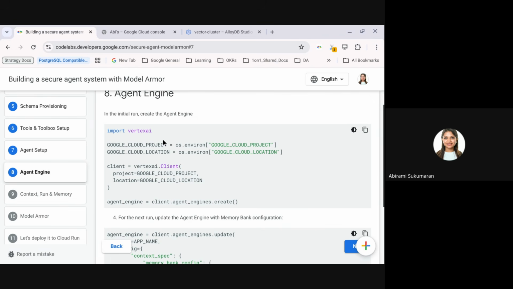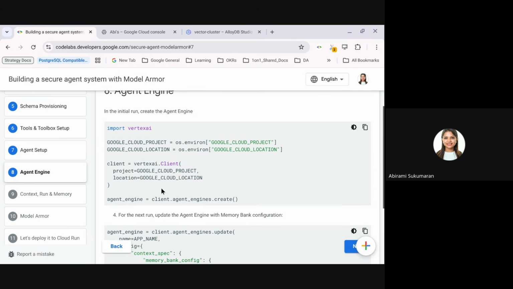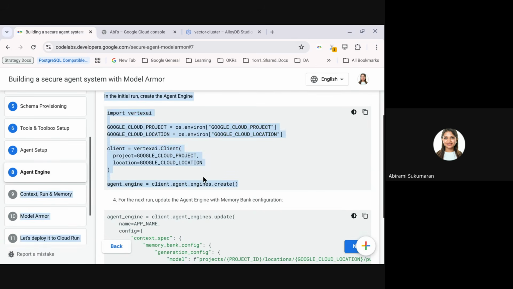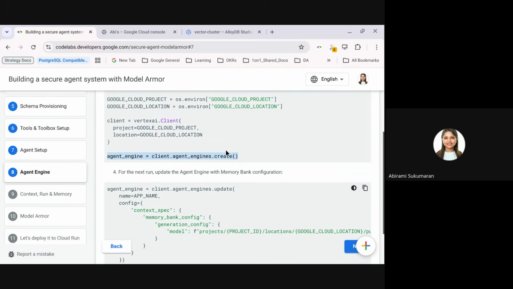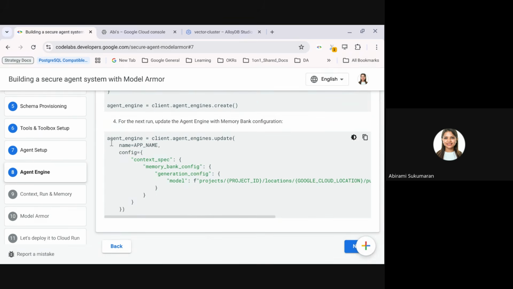Okay. And then agent engine. So the first run, we are just running this agent engine create. Right now, you're not doing anything. You're just understanding the code. Now I'll tell you at which step you need to start running it. In the first step, we are just creating agent engine, and then we'll comment out this code, and then we'll run the next step, which is update agent engine with memory bank configuration. That's all. So let's go ahead and do that in our